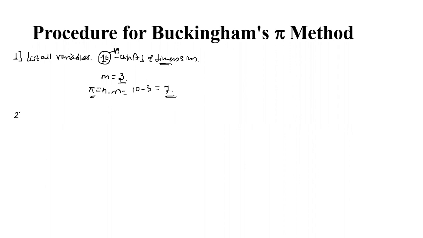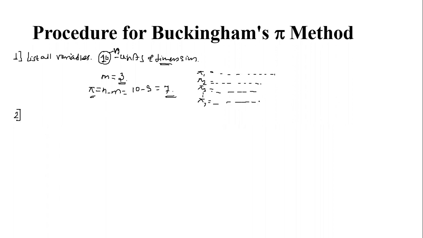तर सेकंड स्टेप मध्ये काय केलं जातं, in the second step we have to find out the repeating variables. Okay, we have to select the m variables out of these which are going to be the repeating variables. The repeating variables mean what? If we have the pi terms as pi 1 to pi 7, pi 1, pi 2, pi 3 up to pi 7, तर याच्यामध्ये काय असतं की प्रत्येक पाय टर्म मध्ये एक इंडिपेंडंट व्हेरिएबल असतो आणि बाकीचे सगळेच्या सगळे आपले रिपीटिंग व्हेरिएबल असतात.